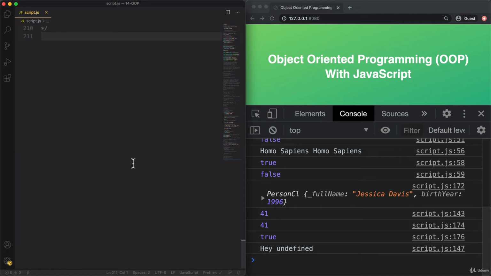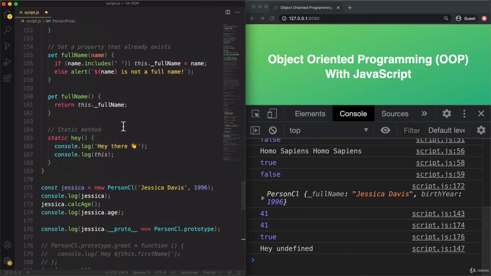So essentially, let's recreate the person class from earlier. So let's say PersonProto, which stands for prototype, because again, this object is going to be literally the prototype of all the person objects. And now this is actually just a simple object literal. And so what should we put in here? Well, we're going to put exactly what we put before into the prototype property.